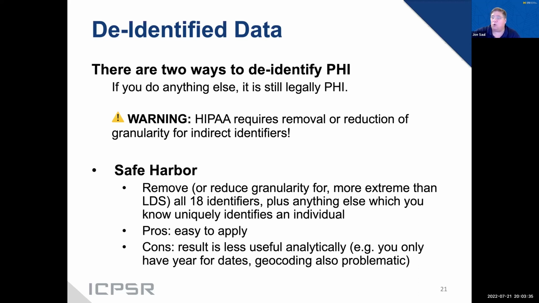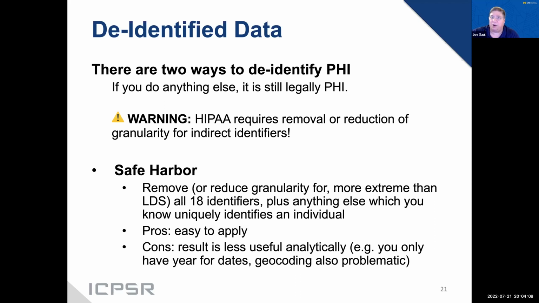You take out or reduce granularity more so than for the limited data set. We'll get to this. All 18 of those direct identifiers, all 18 of the identifiers, plus anything else you know uniquely identifies someone in the set. It's easy to apply. The problem is it's analytically useless for a lot of purposes, because if the only element of date you're allowed to retain is year, which